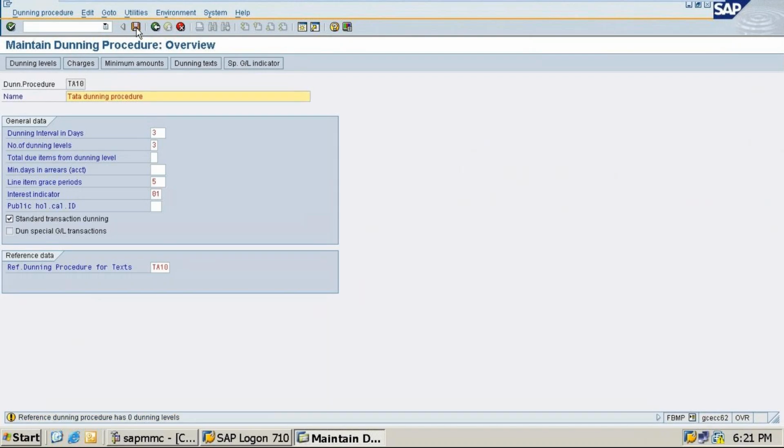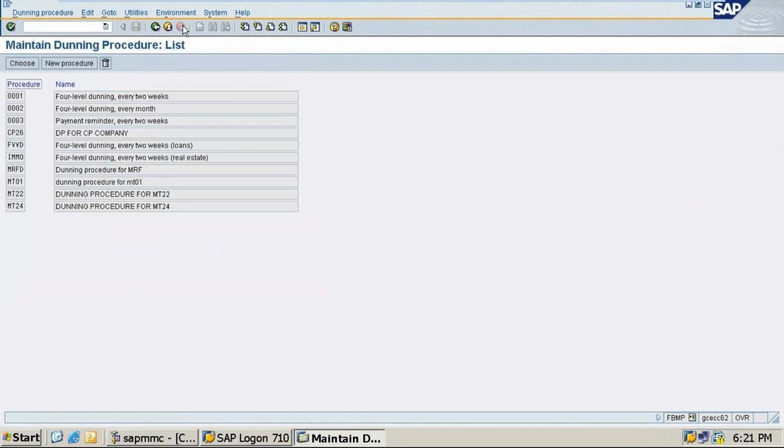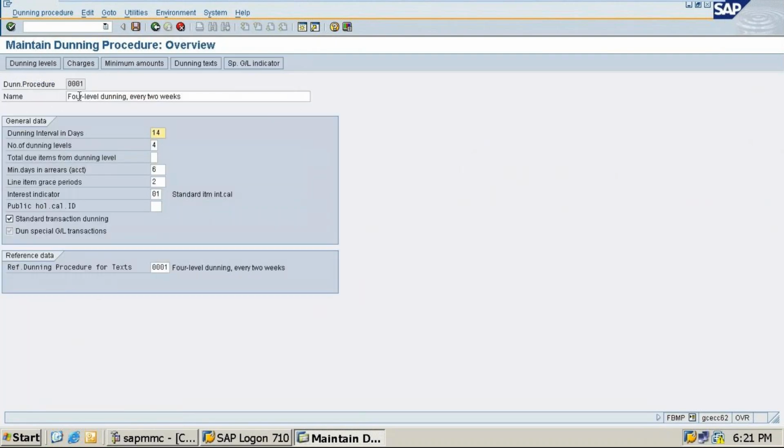Reference dunning procedure has no dunning levels. Okay, 1 second. I'll come out from the screen. Let's see what has been done. Okay, line item minimum days is 6, 01. This is 14 and number of dunning levels 4. Total due minimum arrears of 6 is 2 and this one.